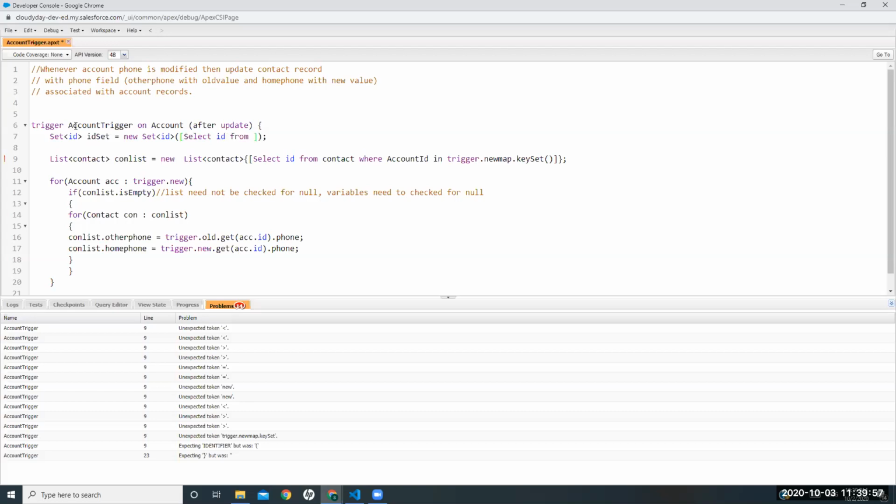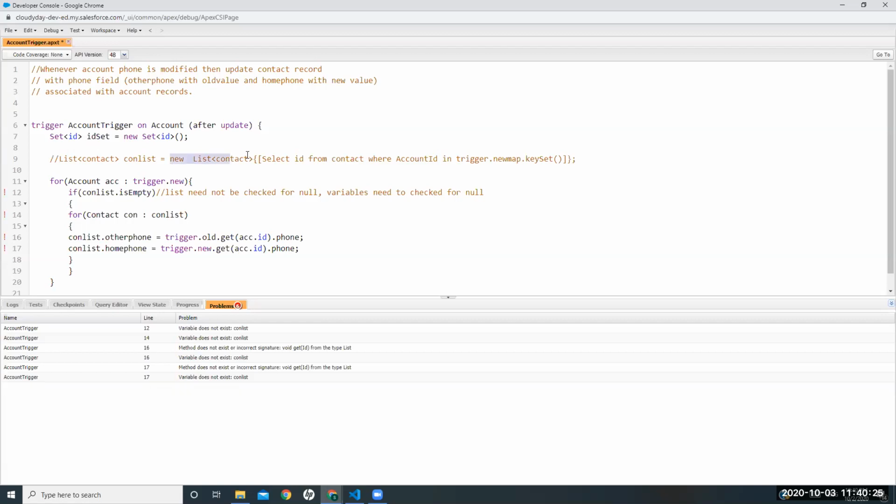Select Id from. Why do you need to do a select? No, this will be an error. You cannot store it. This returns a list, and you cannot store it in a set. See, what you can do is come to line number 9. Let me help you. Come to line number 9 and remove the new list part. Remove new and list. Remove the parentheses from both ends.